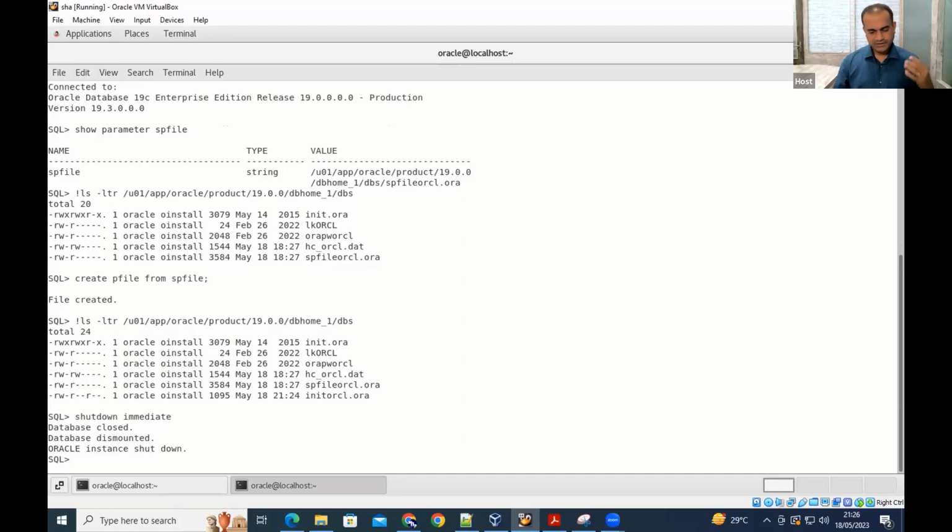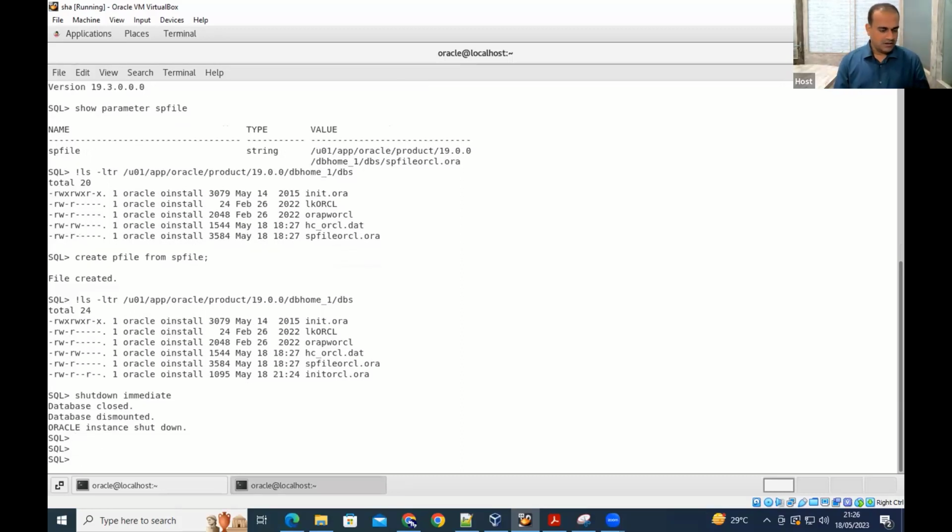Okay. Now you want to start with the parameter file. Startup pfile equal to